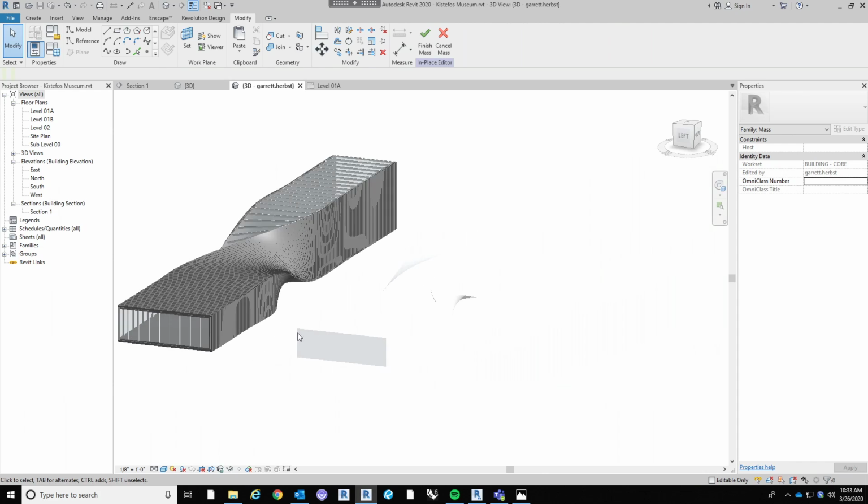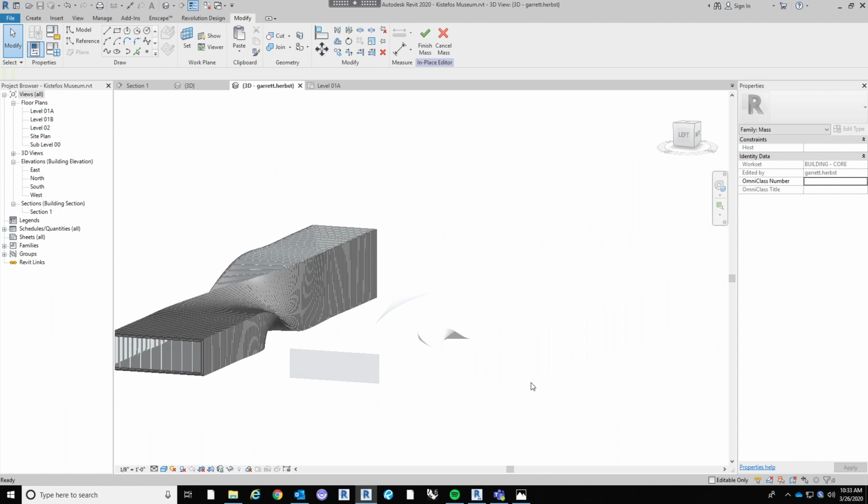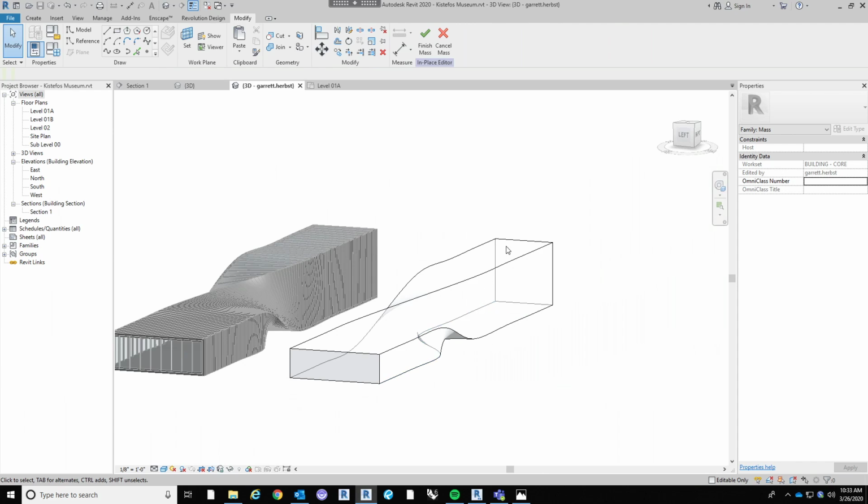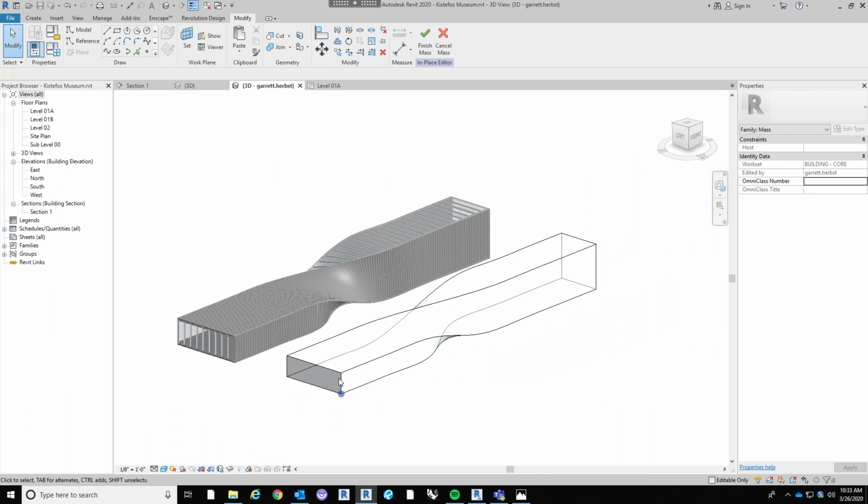Cool. All right. So now that we have our base mass for our structure, we'll go in